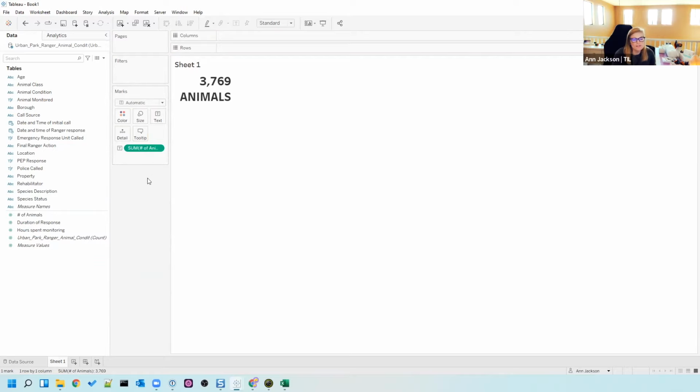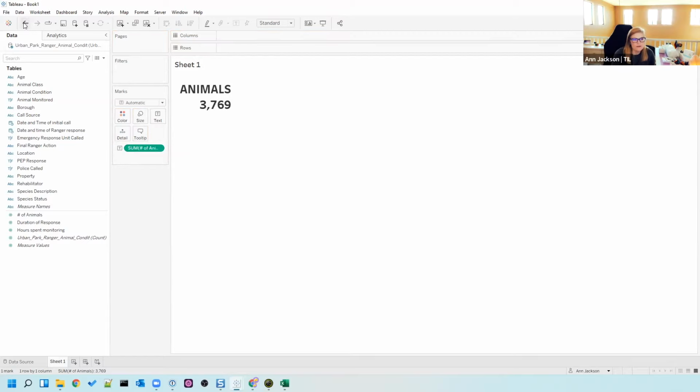All of these are different shelves. These are ways to interact with your data. We can see the different mark types. So these are the different visualization types that we can start to work with. But you'll see when I drag that onto text, that it is automatically aggregating to the sum of the number